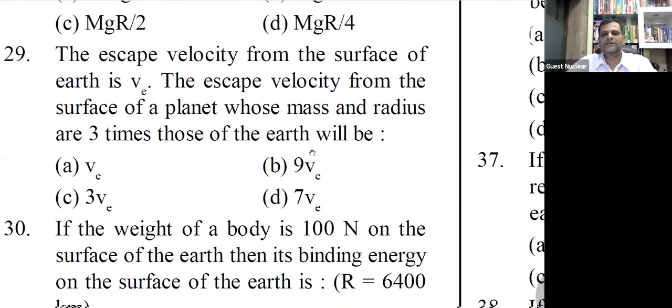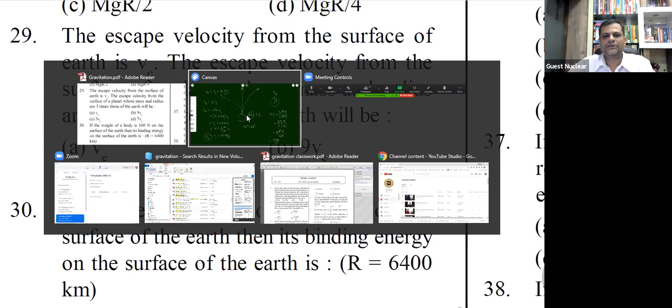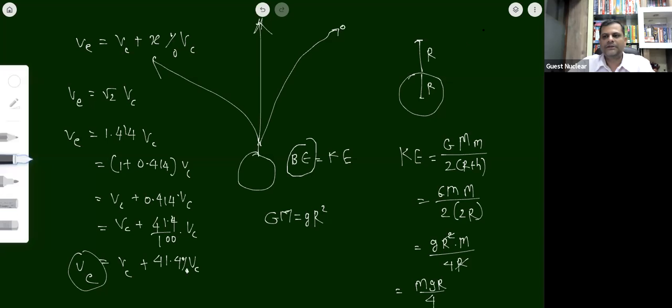Yes, now 29th: the escape velocity from the surface of earth is ve. The escape velocity from the surface of a planet whose mass and radius are 3 times those of the earth will be... now just use this short trick here। अब यहाँ पे देखो ठीक से, mass and radius of that planet is going to be 3 times the mass and radius of the earth, correct है। तो देखो ठीक से क्या हम करेंगे यहाँ पे,